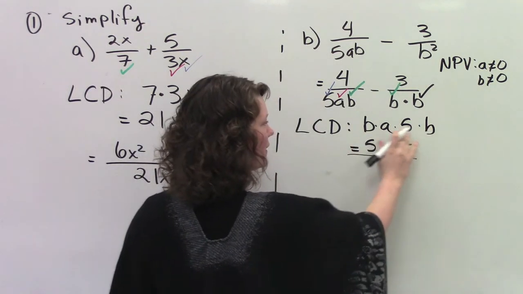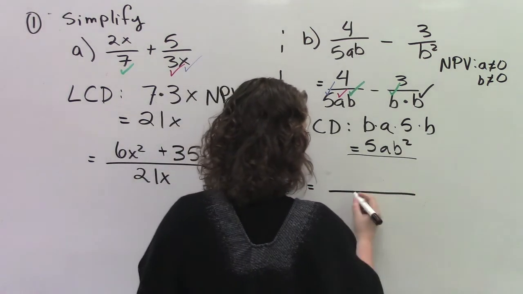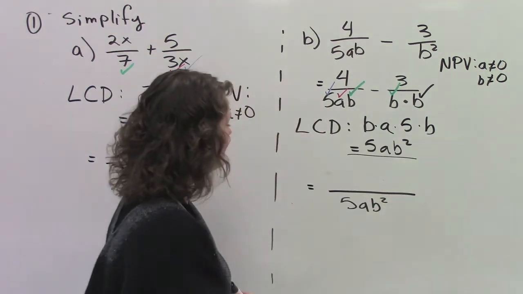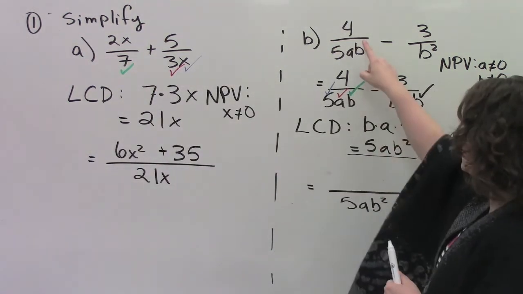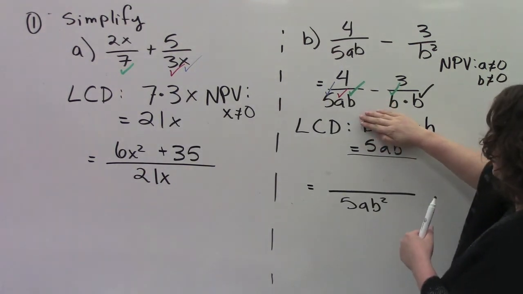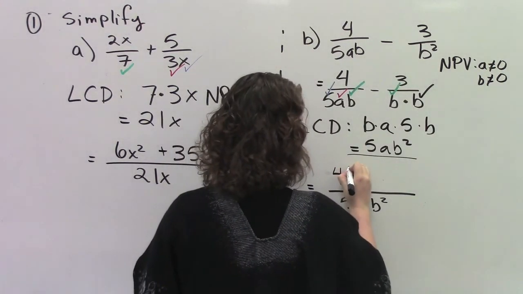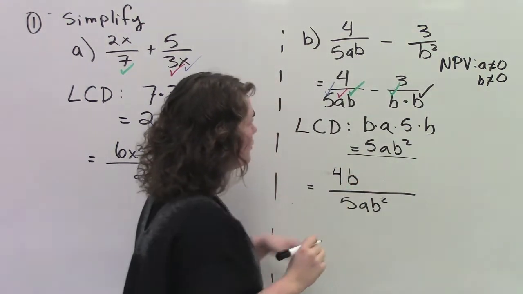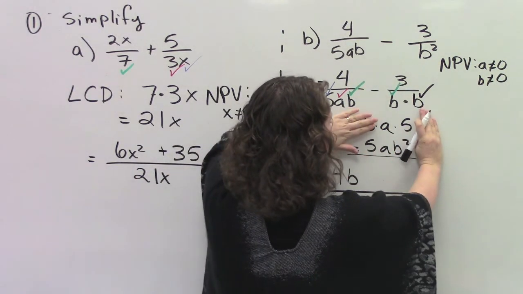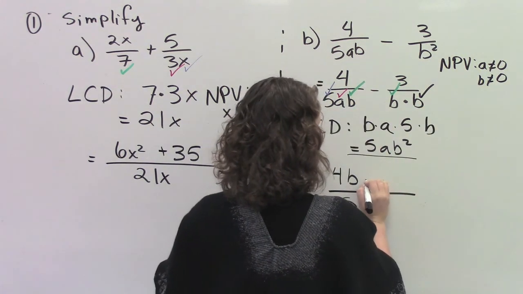Again, I really like having this here so I can cover up what I need to. So then I'm going to have my common denominator of 5ab squared. When I look at my first term, I'm like, okay, I have a 5 and an a and a b. What do I need to multiply by? B. So I'm going to say 4b. With this one, I say, okay, I have a b and a b. What do I need to multiply the second term by? 5a. So this becomes negative